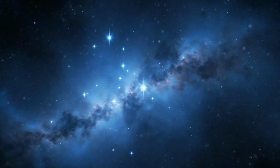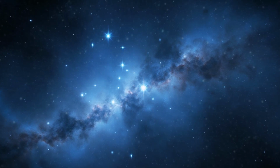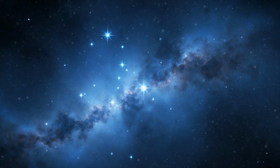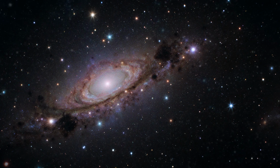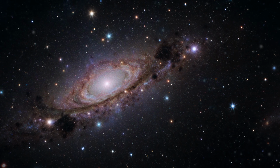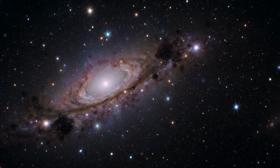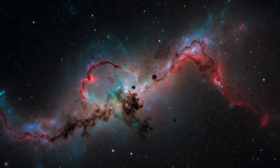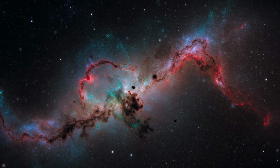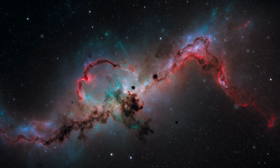The Triangulum Galaxy, M33, also in the Local Group, is slightly more distant at about 2.7 to 3 million light-years, but is much fainter and harder to see. Under excellent conditions, some observers can spot it, but it's at the limit of naked-eye visibility. Andromeda, by contrast, is relatively easy to spot once you know where to look, appearing as a faint, fuzzy oval